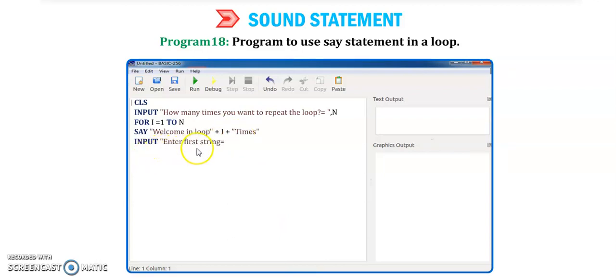Now next, enter first string. The first string goes into the str1 variable, and the second string into the str2 variable. If str1$ equals str2$, then both strings are equal, and it will say both strings are equal. Next sound: for sound we have to give all the values.